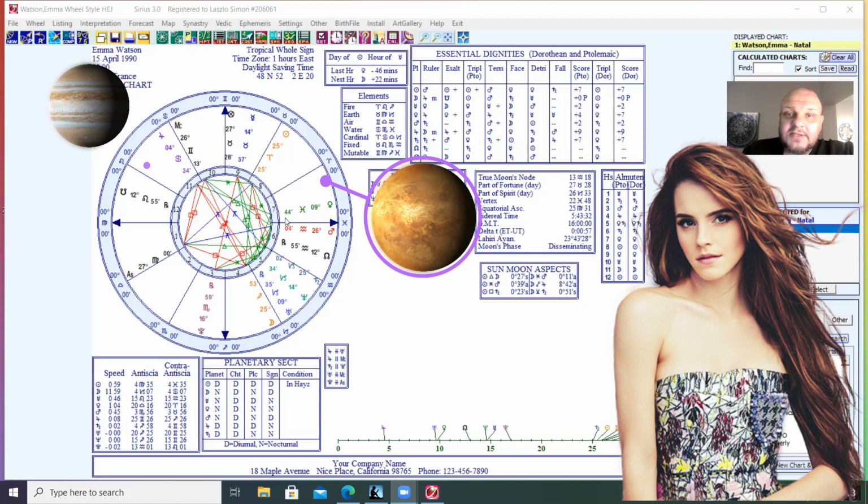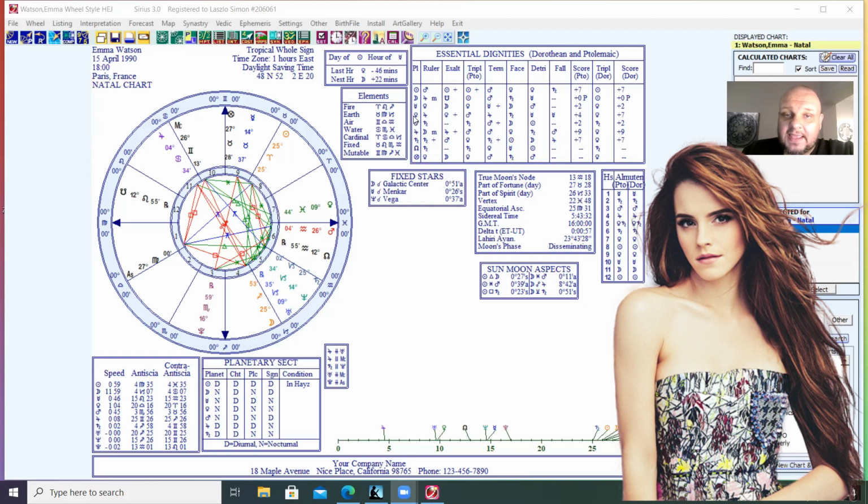So what we can discover about her chart straight away is that Venus is in an exalted position because Venus loves being in the sign of Pisces. You can also see that in the essential dignity table where it says exaltation right there. And Jupiter is in a strong placement as well, because Jupiter is also exalted. So we've got two planets in a very good placement, and they have got a very nice trine, but this is a separating trine. And what we said about separation was that it is about memories, glory days, something which